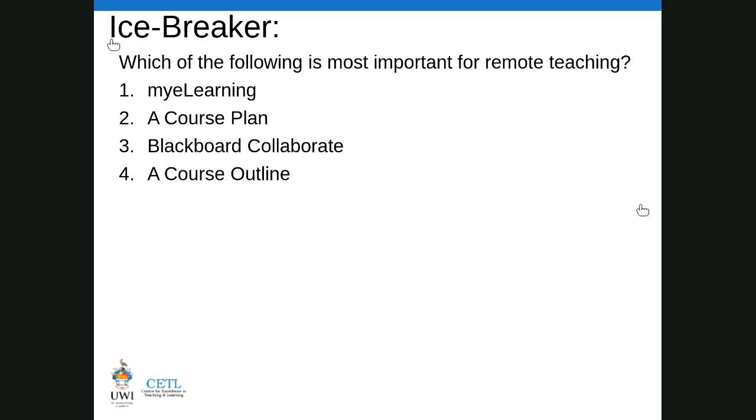And I think it's fair to say that all of the elements, it's almost like a trick question. All of the elements are very important. And I'm glad that so many of you selected a course plan, because very often, yes, definitely, Jeffrey, very often a course plan is overlooked, and we're at a stage where we went from face-to-face,